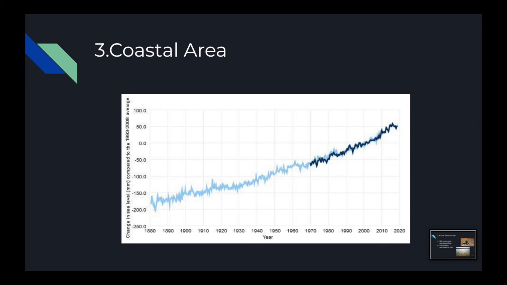By the middle of this century, the national surface temperature is likely to rise by 1.2 to 2 degrees by 2050, and by the end of this century, the temperature is likely to rise by 2.2 to 4.2 degrees, and extreme climate events will become more and more frequent in the case of continued warming. There are mainly high temperature heat waves, drought, heavy rainfall, and typhoons.